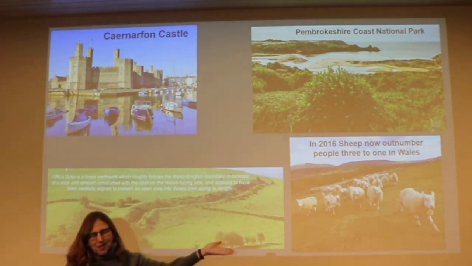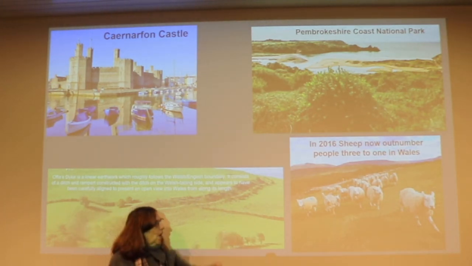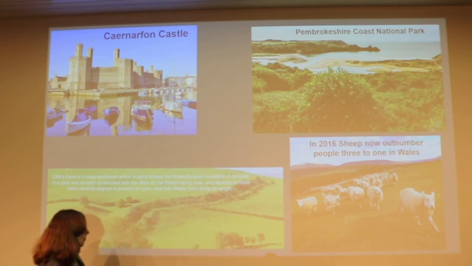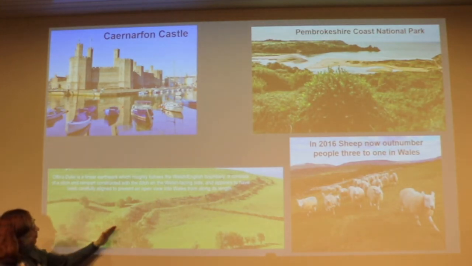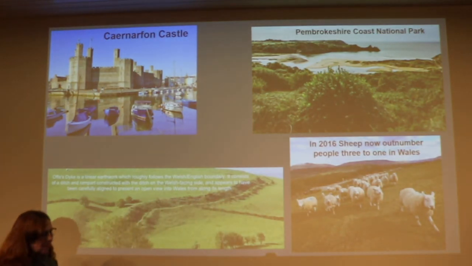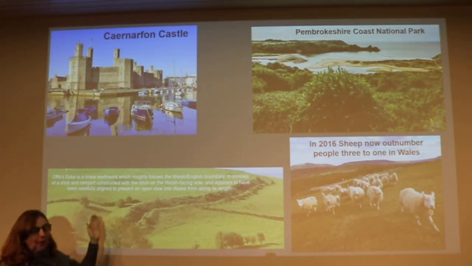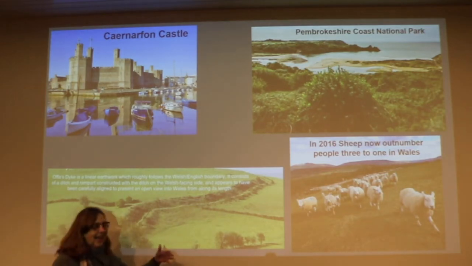So like the cows and dairy industry in England, Wales relies heavily on their wool. One really fun thing, Offa's Dyke. It's a linear earthwork, like a little ditch, built that follows the border between Wales and England. And a lot of people, nobody knows when it was made or why it was made, but right now it's a place where somebody might just decide to take a hike and walk that